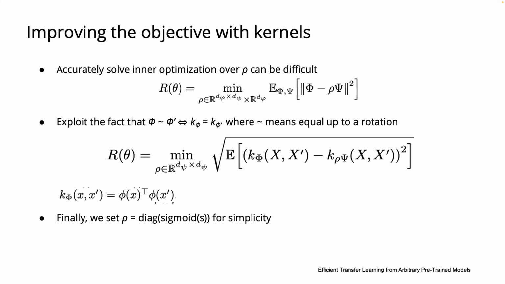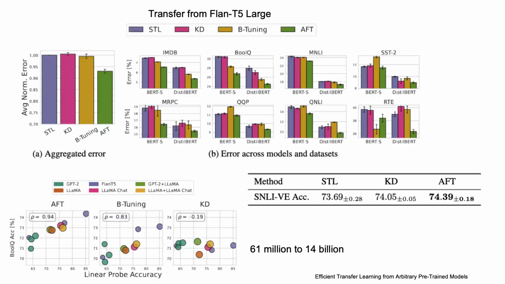So for simplicity, we set rho as a diagonal, like a sigmoid of S, where S is a vector that's randomized. And then we could calculate. Intuitively, for rho, we want the model to automatically learn for itself which features from the foundation model are very important. So enough for the math. So let's talk, Boran, about the